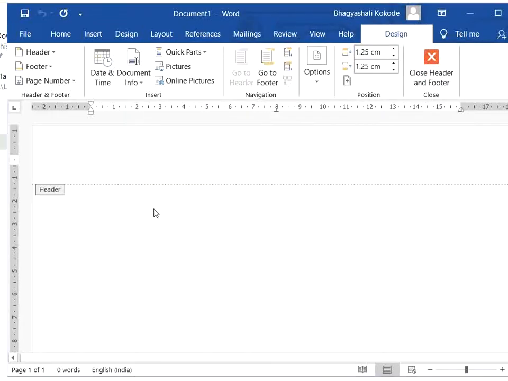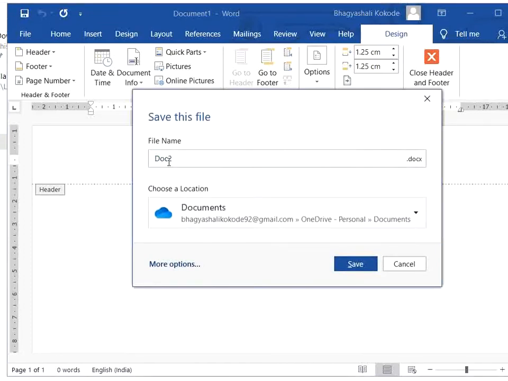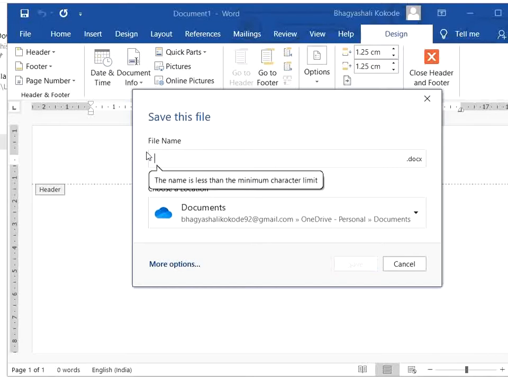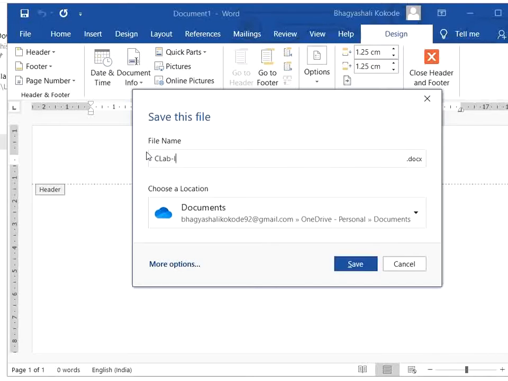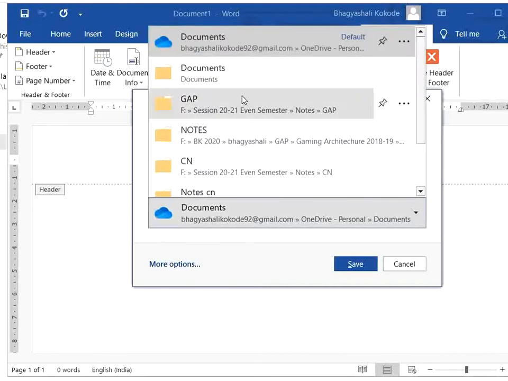By using Control S, I am giving the name of the file as CLab 2 exp1, and browsing the location.